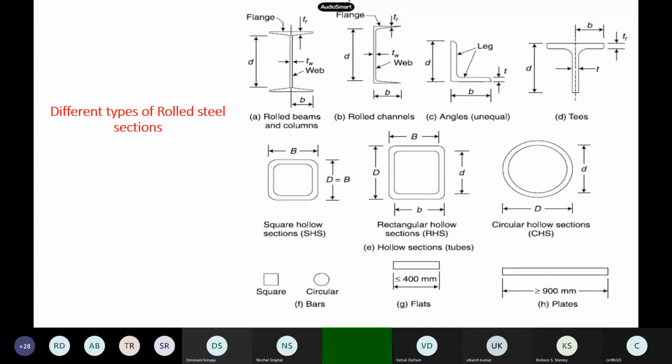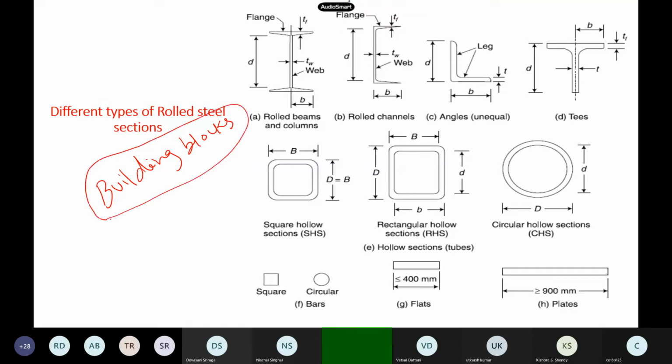Now in concrete design, when you want to do a concrete design, the shape and mold and other things you will prepare at the site itself. You can mold whatever shape you want. If you want a trapezoidal section or this section or that section, you can do it whichever way you like when you are doing RCC design. But in steel design, you have a limitation. Steel design is essentially like building blocks. These blocks will be given to you. You don't have the freedom to cast whatever specimen you like.